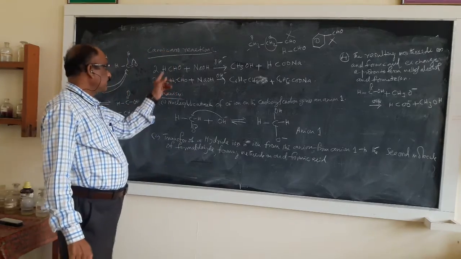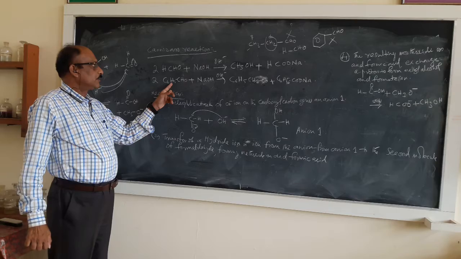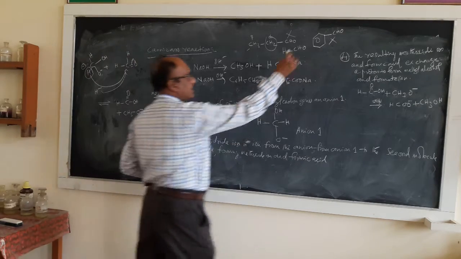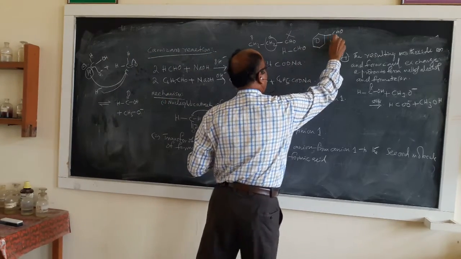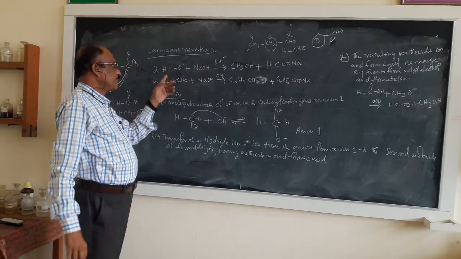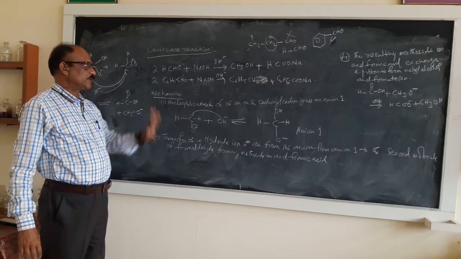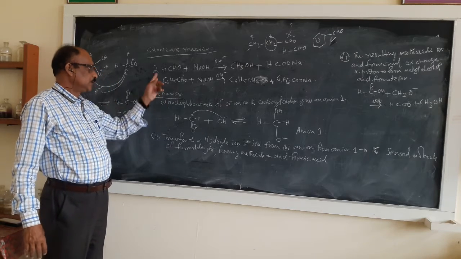You have to take a compound like formaldehyde. You can take this compound because alpha carbon is there. In this case alpha carbon is there. You can take this compound. Alpha carbon is there, but alpha hydrogen is not there. So this is the position of the reaction. So you take this mechanism.